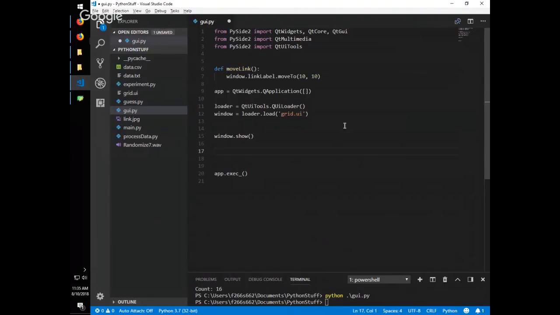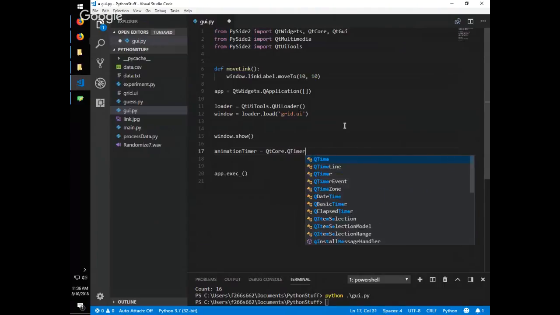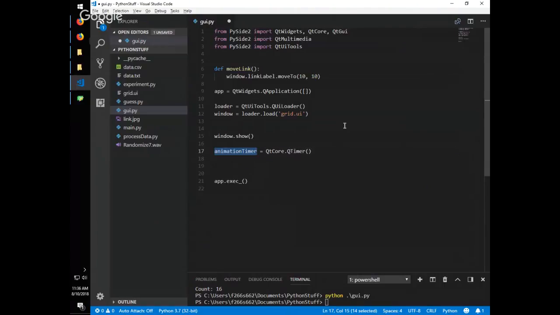So I'm going to create a timer, call it animation timer. QtCore.QTimer. It needs to have an interval, how frequently I want this to run. I want it to run once every 30 times a second. Is how fast I want it to run. So that's 1,000 milliseconds divided by 30, which, by the way, quick tip, in Python,